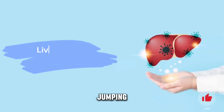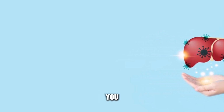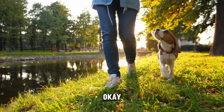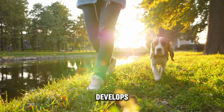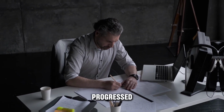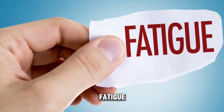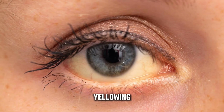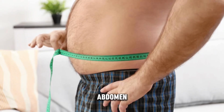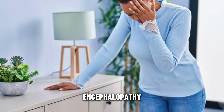Now we are getting close to jumping into today's topic, but to give you some depth, we will quickly go over signs and symptoms so you can follow along when we get to how you can live with this condition optimally. Okay, now liver cirrhosis often develops slowly over years or even decades, and symptoms may not appear until the condition has progressed significantly. Common signs and symptoms of liver cirrhosis include fatigue, weakness, jaundice, yellowing of the skin and eyes, easy bruising and bleeding, fluid buildup in the abdomen, ascites, confusion or difficulty thinking, hepatic encephalopathy, and swelling in